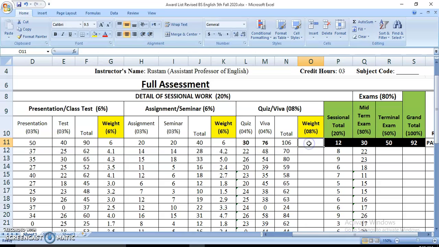And here 8, that is I have given it the value of 8, so is equal to, this is how we apply the formula, is equal to, and click here 70, and 12. This is column number N and cell number 12. It has been added. Now put a division sign, and now out of this, that is 70 out of 106. So put 106 multiplied by 8. Now press enter key. Now this student has got 5.3 out of 8.